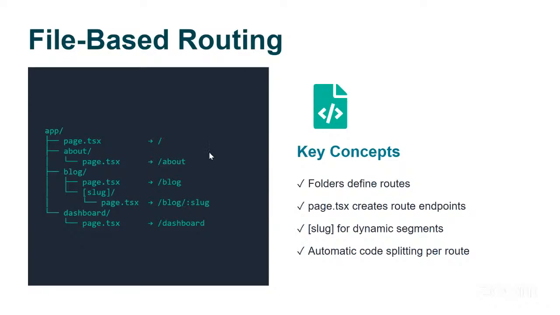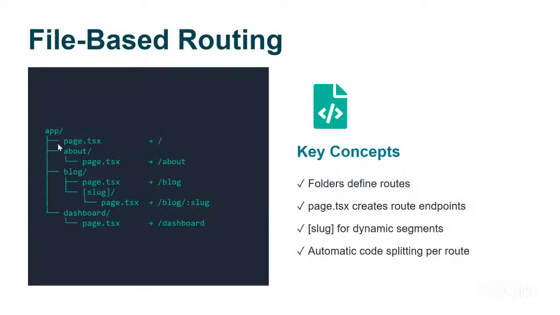So when we use the command create next app at latest, we get this app directory, which is the recommended approach here. In the app router, anything having page.tsx is basically creating a route for it. So we define routes by just creating a folder in the Next.js application. The key concepts here are